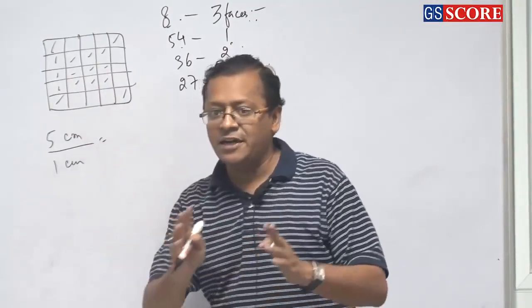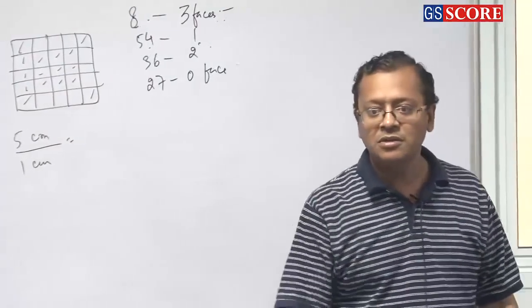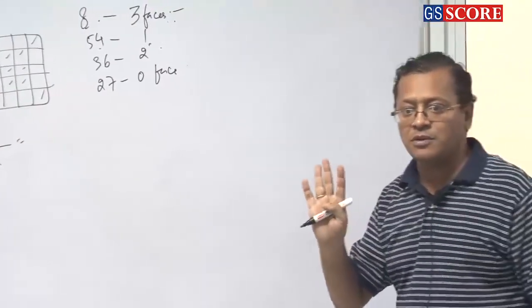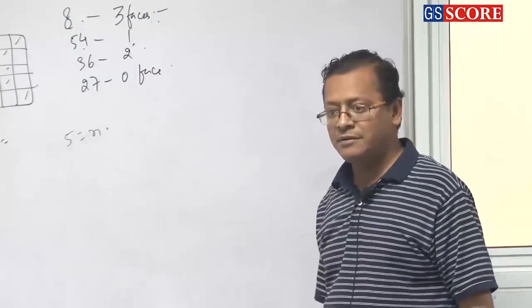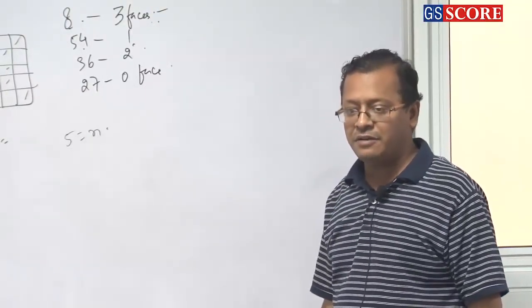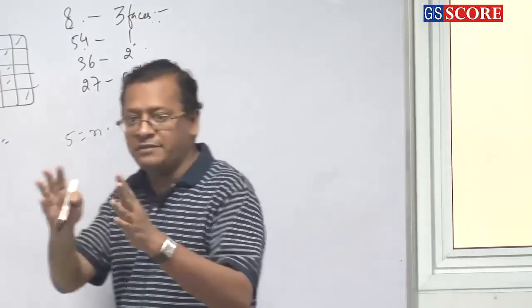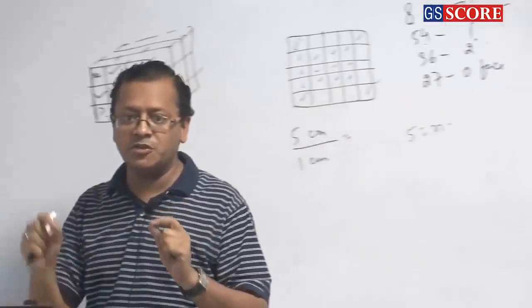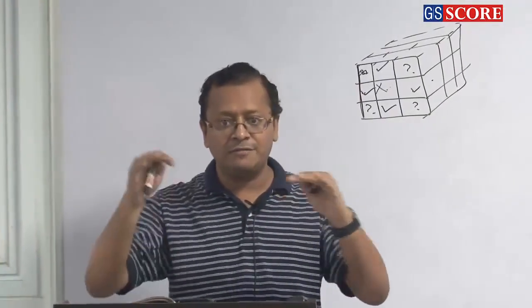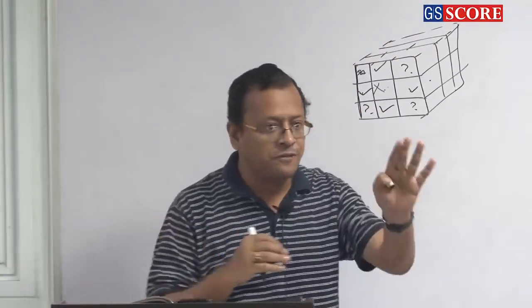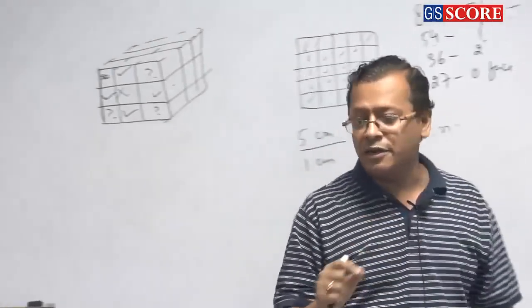So on each side, how many cubes are formed? 5 cubes are formed. If 5 is given by the number say n, which means a 5 centimeter cube cut into 1 centimeter cubes, how many pieces are there on each side? 5 pieces on length, 5 pieces on breadth, 5 pieces on height. So if 5 is denoted by the number n, then